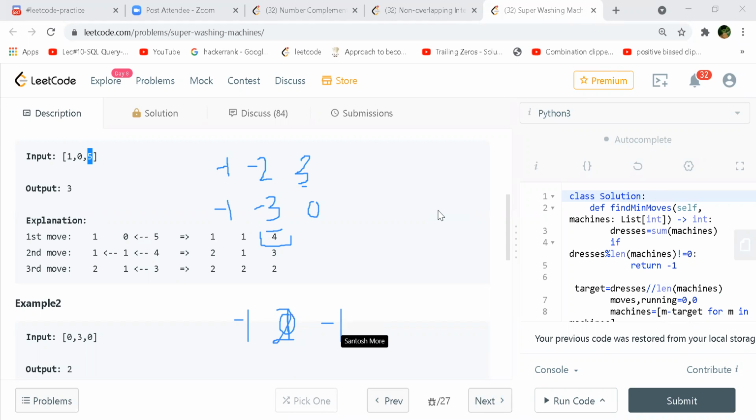Okay, so in this case, we'll have -1 here, and then we'll have 1 here. Okay, and then we'll have 0. And then if we actually do a running sum in this case, oh no, this is the running sum itself, right? So yeah, -1, 1 is the running sum. Oh no, I think we missed something, right?